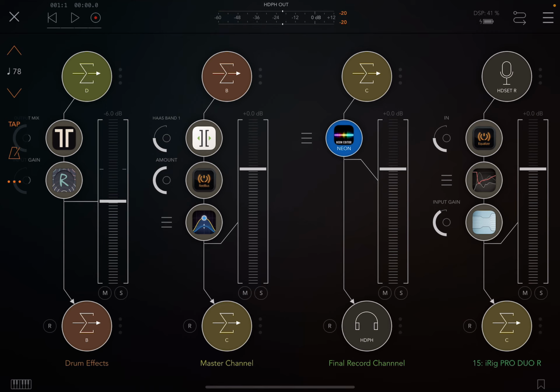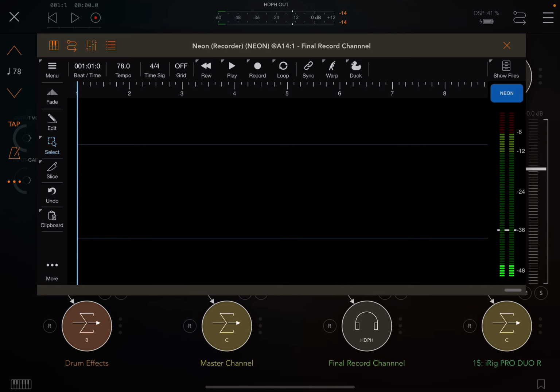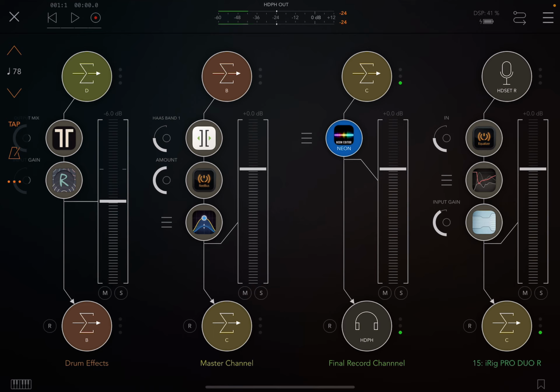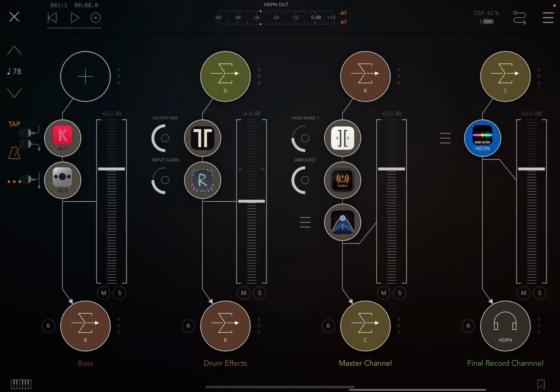And then this is still the same B out channel, and then I have a final record channel. So if I decide, I use Four Pockets Neon Recorder, which is an amazing app. If you haven't got it, get it. It does slice editing, everything, and I'm not going to sit here and explain it. Paul does an excellent job. I think it's Paul the Music Man, who is the creator of the Four Pocket stuff. I believe that's who he is. Check his stuff out. Fantastic stuff for sure. And this last channel is just me where I'm talking. So anyway,